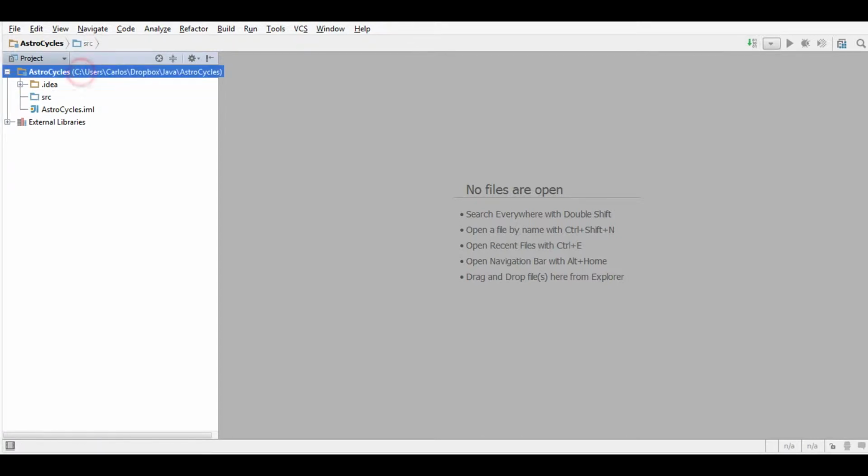Before we start programming anything, I am going to be using IntelliJ, which is a really advanced Java IDE, better than Eclipse.